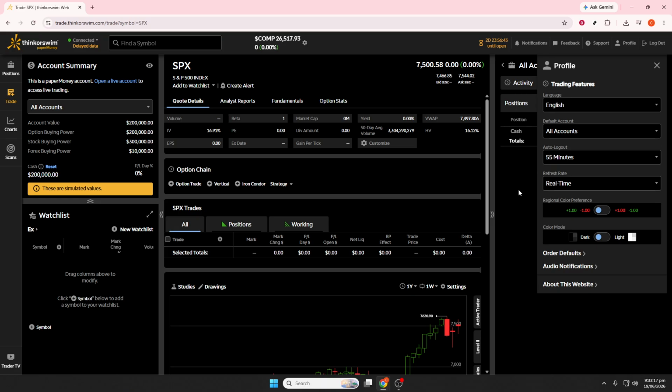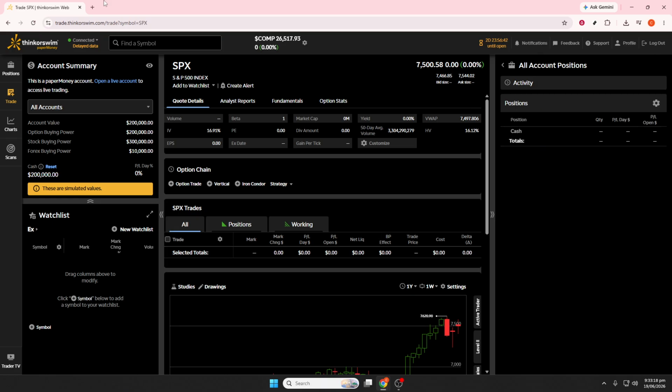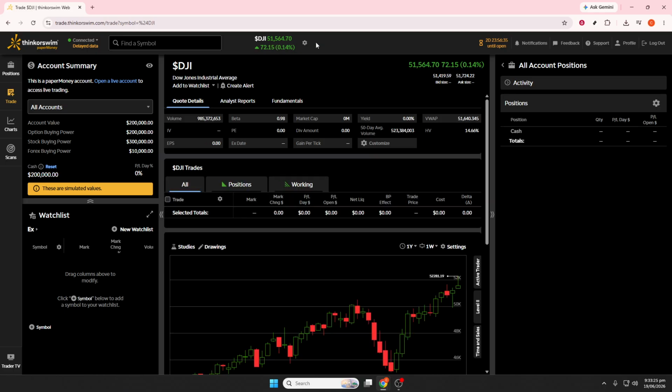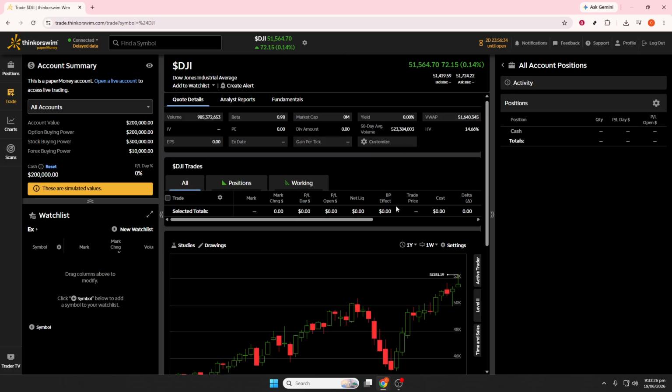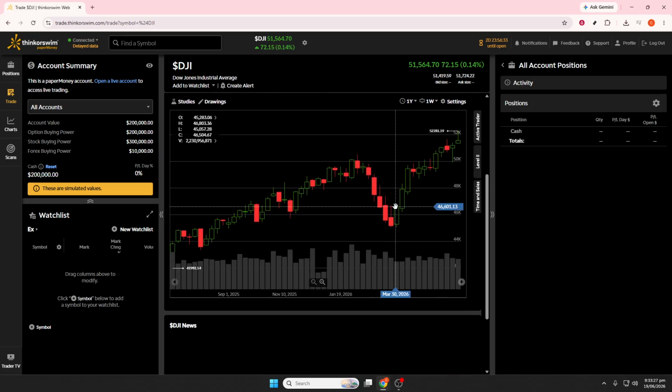In the Active Studies list, select RSI and then click the gear icon to open its settings. Here you can adjust the length, which is typically set to 14 by default. You can also change the overbought level, usually set to 70, and the oversold level, usually set to 30. In addition, you can choose the average type and modify the colors or line styles so the indicator